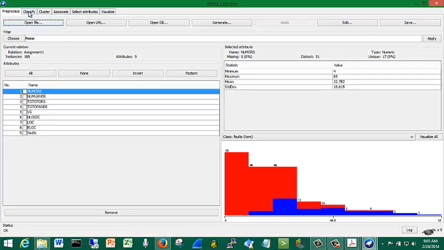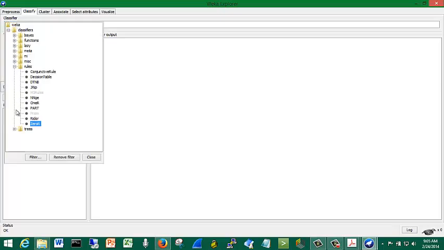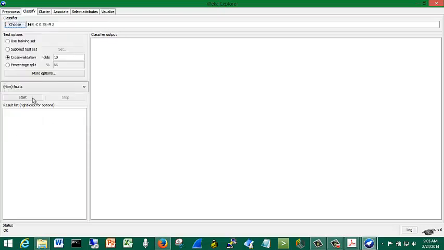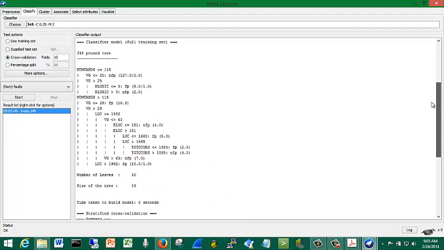So it took, that's fine, it should, because you, like I said, you've ran this through in assignment 1. Now we want J48, so we're going to go up here to this button. J48 is a tree algorithm, so we'll click the plus sign here, and there's J48. By default, we're always using 10 anyway, and I say that in the instructions, so you really don't have to change a thing there. It's all set for you. And then we'll go ahead and start. Okay, so it ran the algorithm for us, it gave us the results, and what I need you to do